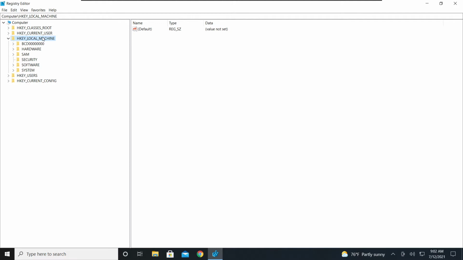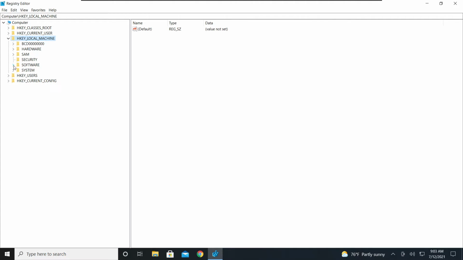Always be careful using registry editor because you can break your machine forever. Well, not forever, but a lot of times you're going to have to completely reimage the machine if you break something. But you can also do a lot of good and useful things with the registry editor if you know what you're doing. So to find our uninstall strings, we're going to go to the local machine hive,